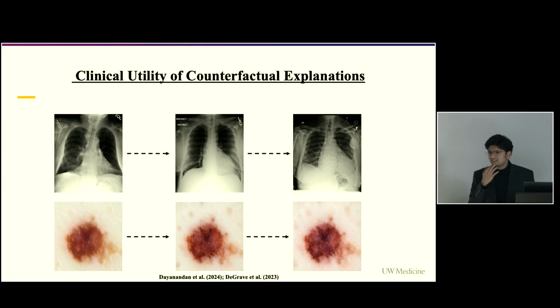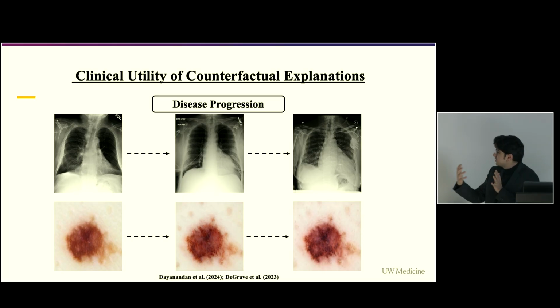Yeah? Oh, training the clinicians themselves? Oh, yeah, that's actually an amazing answer. Like you could use these counterfactuals to train them on what changes in the model corresponded to whether an image was benign or malignant. And another interesting use case would be to understand the progression of the disease, like from mild to moderate to severe. So essentially, yes, again, to train the clinicians, for example.